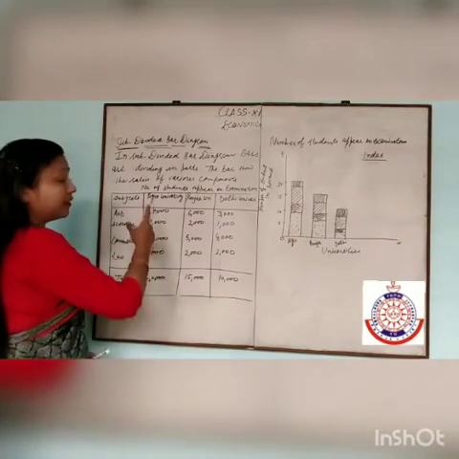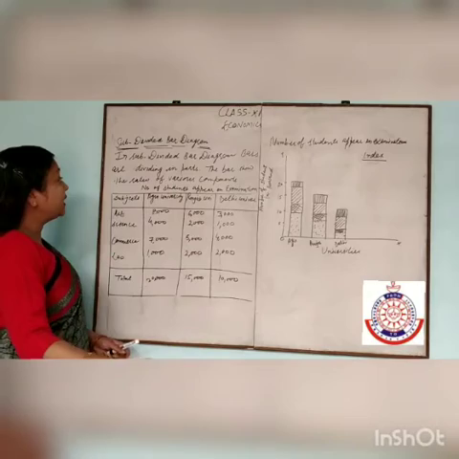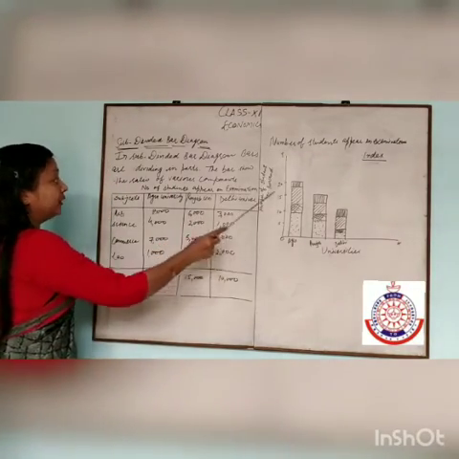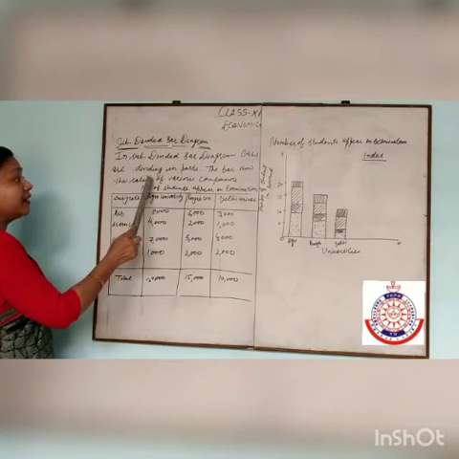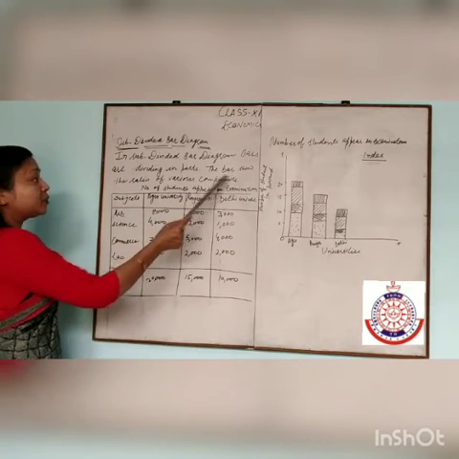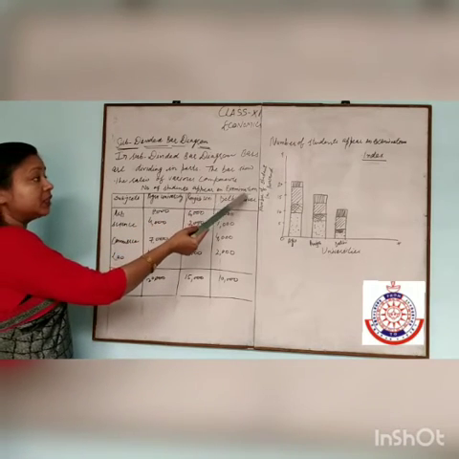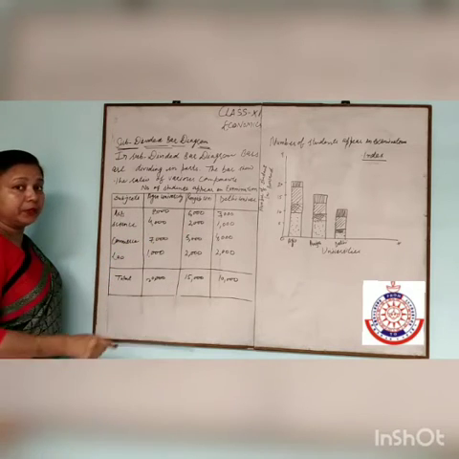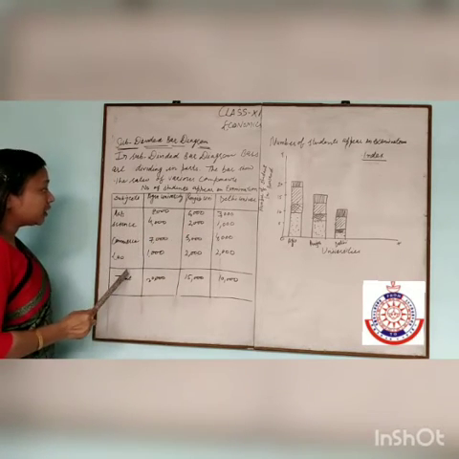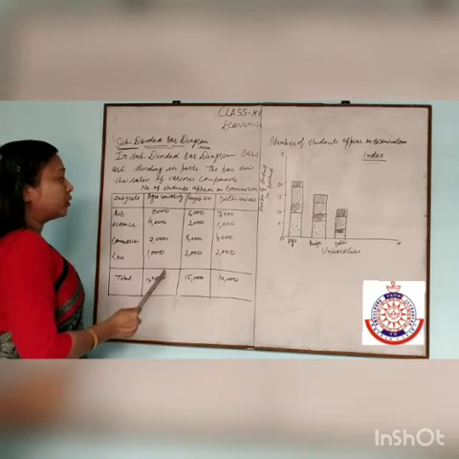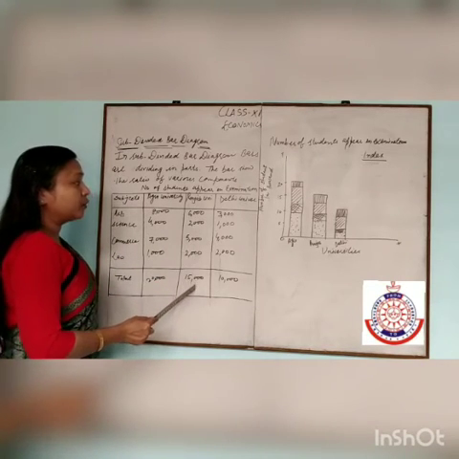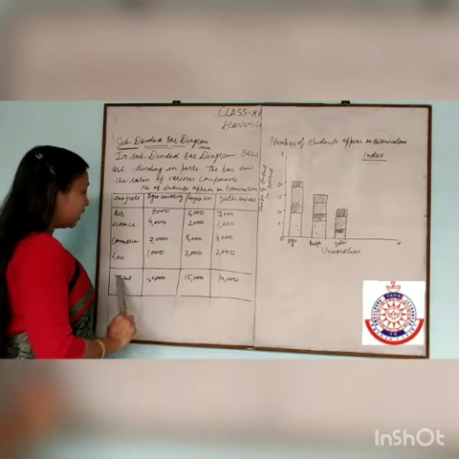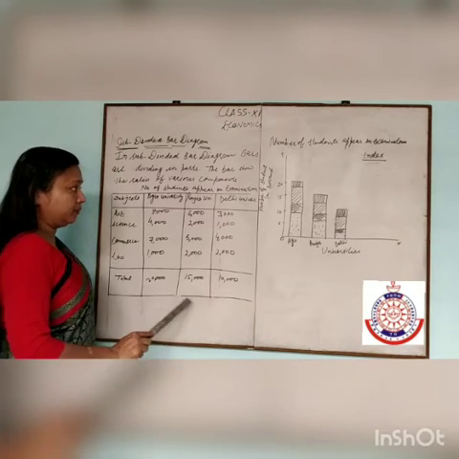Next is the subdivided bar diagram. A subdivided bar diagram divides the bars into different segments. Subdivided bar diagrams are divided into different parts and each bar shows the ratio of the various components. In this example, the number of students appearing in the examinations is given. Different subjects are here. Agra University's number of students appearing, Punjab University's number of students appearing, and Delhi University's number of students appearing. Here total appeared students are given.